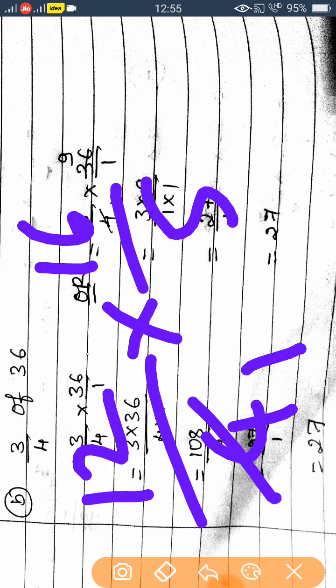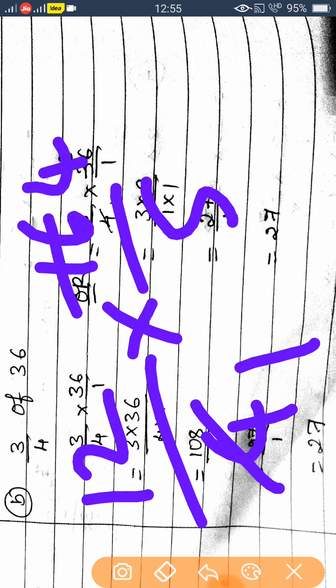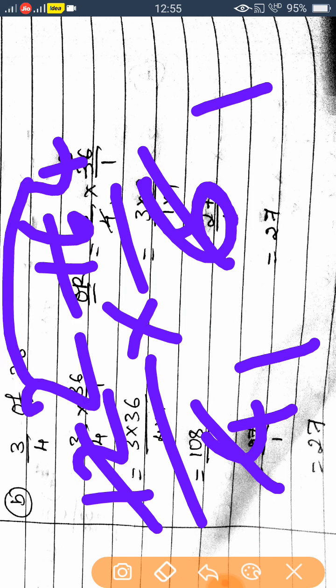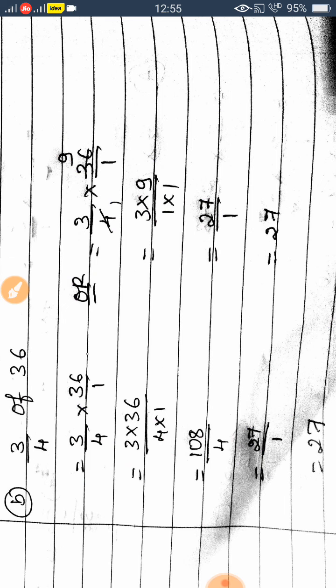Once 4 ones are 4, 4 threes are 12, you can cancel, or else 4 ones are 4, 4 fours are 16. Only once we can cancel. If any other number instead of 4, if 6 comes, 6 ones are 6, 6 twos are 12, like this also you can cancel. Okay. Remaining 2 into 4, 1 into 1. Like that you may choose. Here also